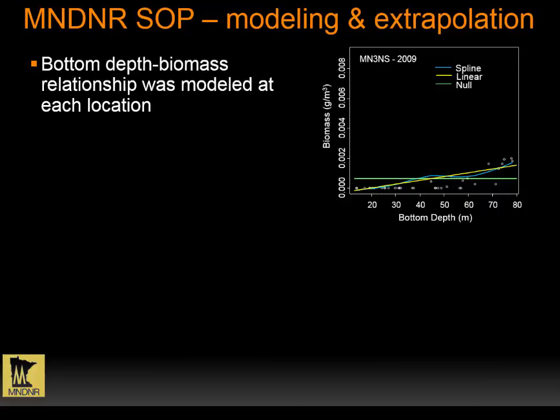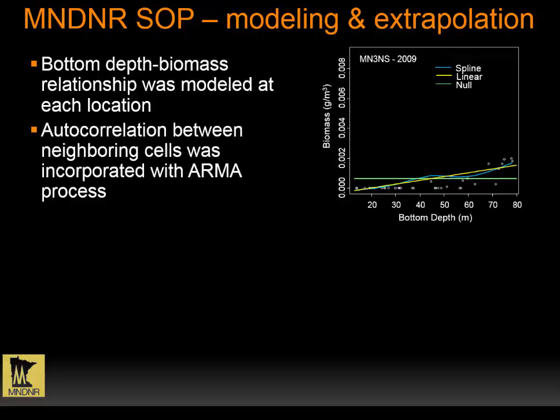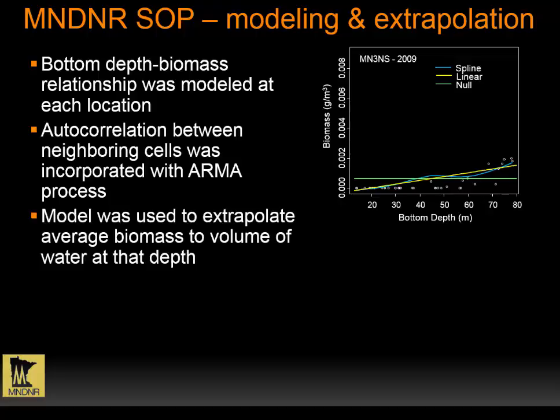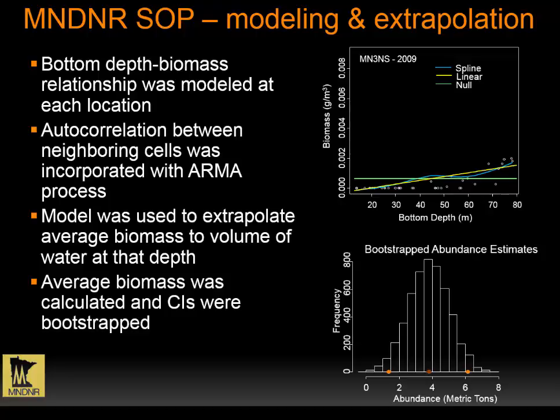The next step was to model the data and then extrapolate it to come up with a population estimate. The way we did that is we plotted out the biomass by bottom depth, because sometimes, particularly near shore, there's a relationship where the deeper the transect, the more biomass of fish we saw. And then we fit a relationship to that. Then we incorporated autocorrelation between neighboring cells using an autoregressive moving average statistical process. So we used the model to extrapolate out an average biomass to the volume of water at that depth, at that location. We got an average biomass, and then we used that model that incorporated the autocorrelation to bootstrap confidence